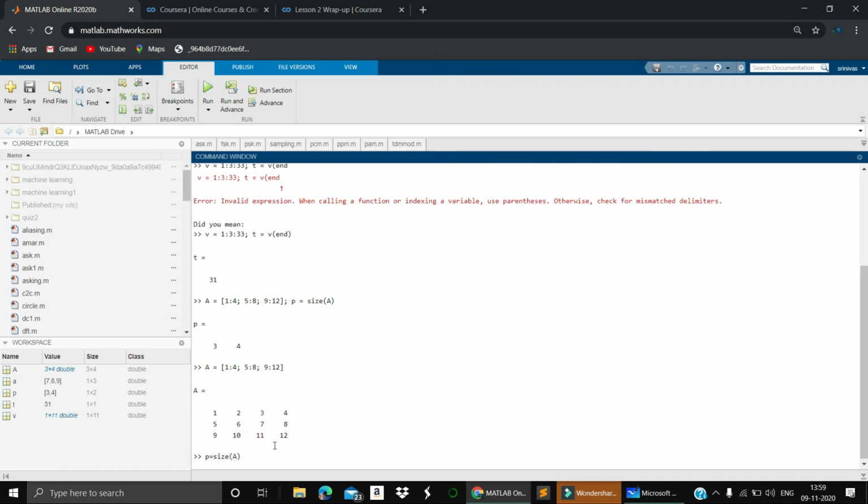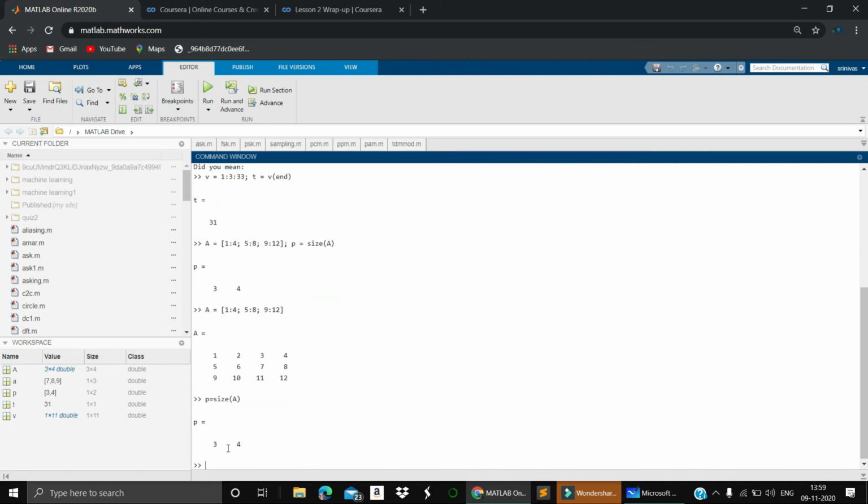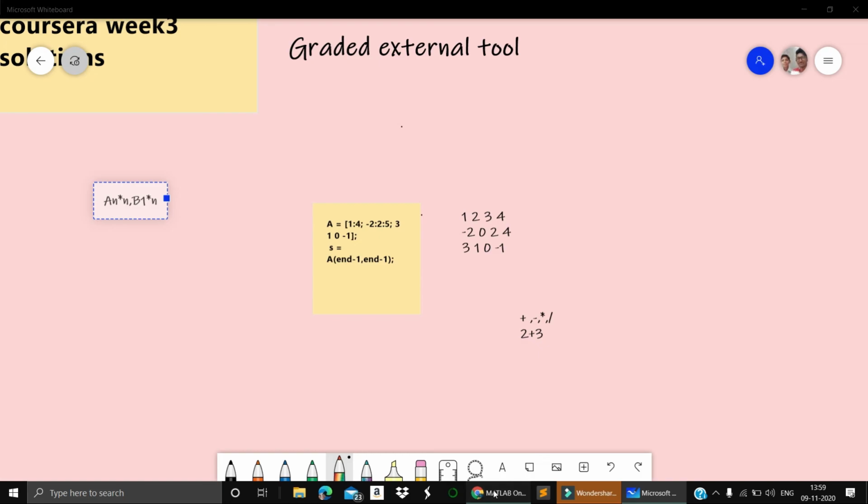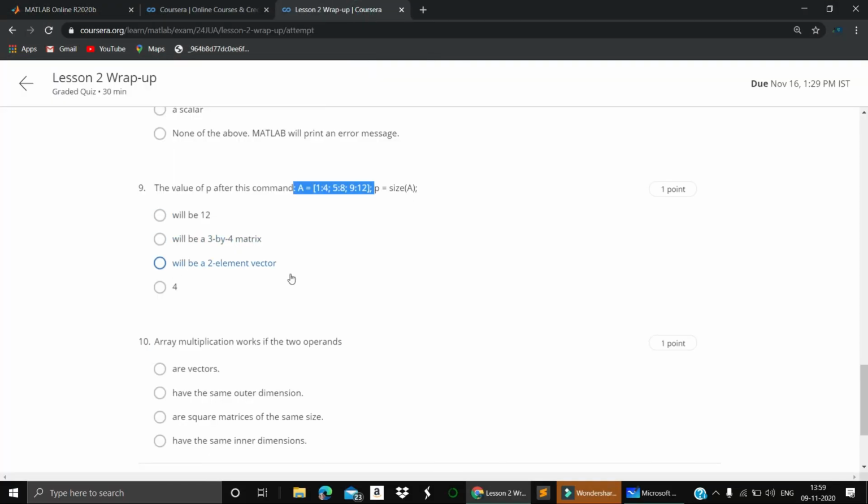It is printing 3, 4. What is 3 and what is 4? 3 rows and 4 columns. This is the size of A. 3 by 4 is the correct answer.